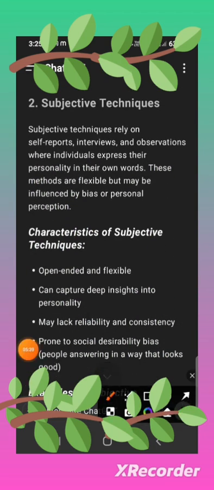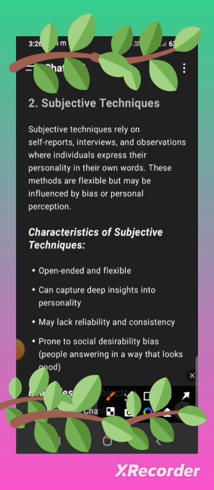Subjective techniques. Subjective techniques rely on self-reports, interviews, and personal observations to assess personality. They allow individuals to express their thoughts, feelings, and perceptions openly. Characteristics of subjective techniques: